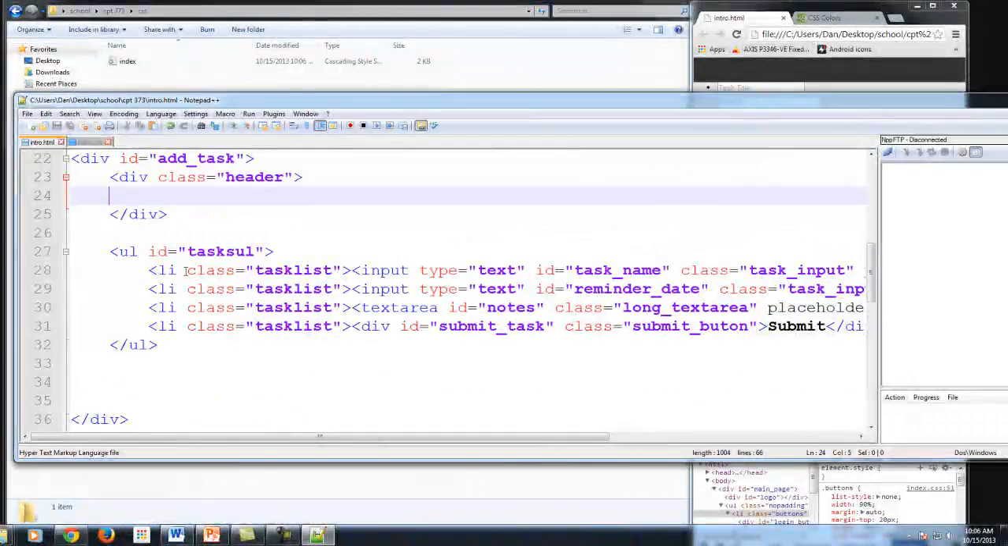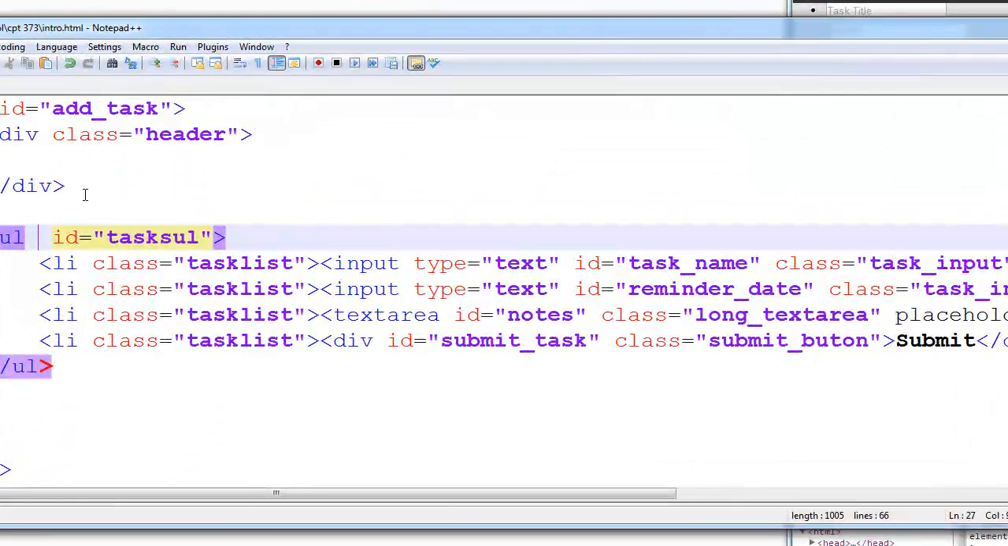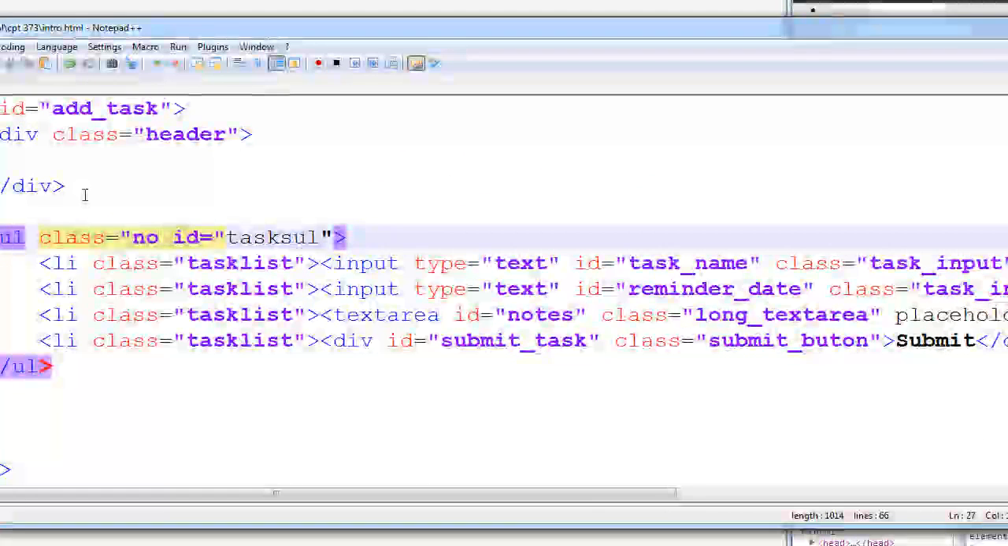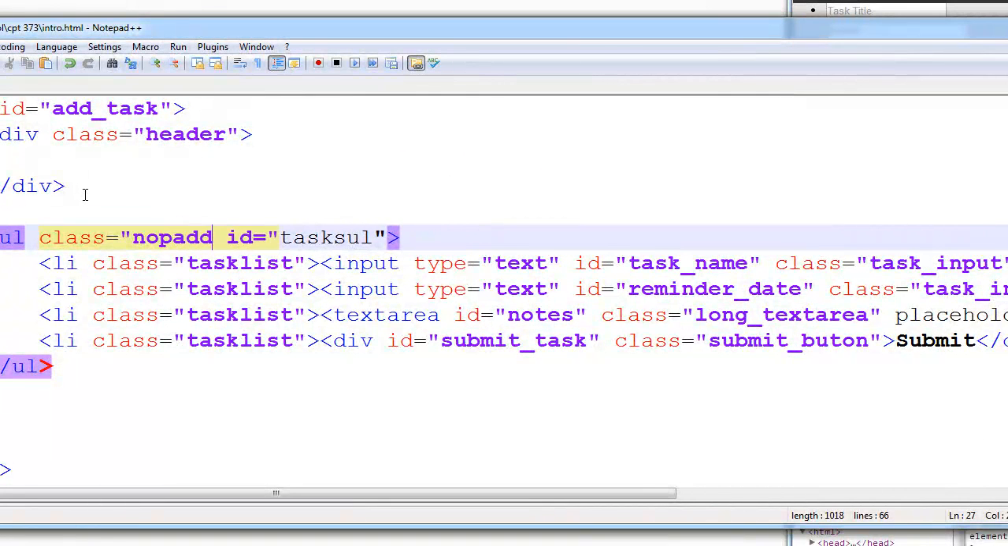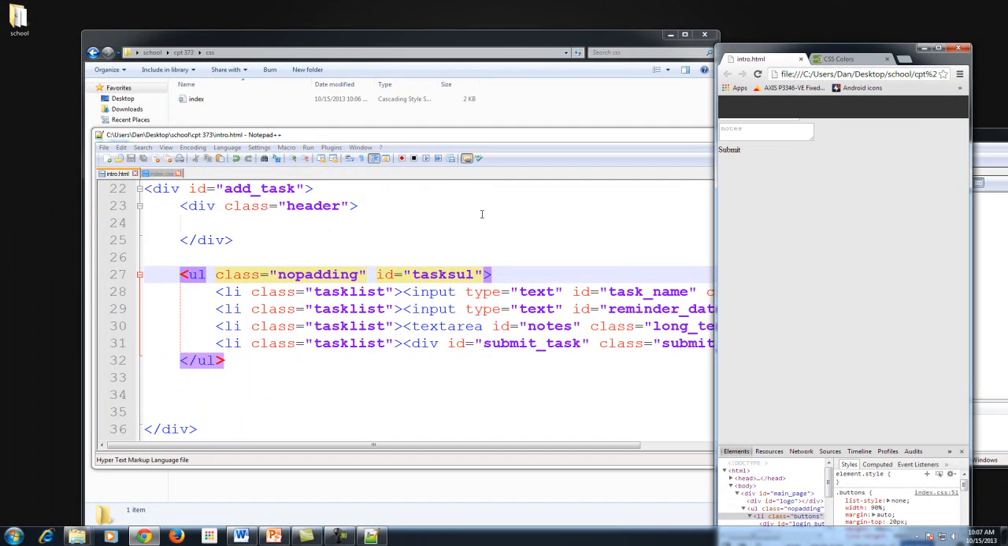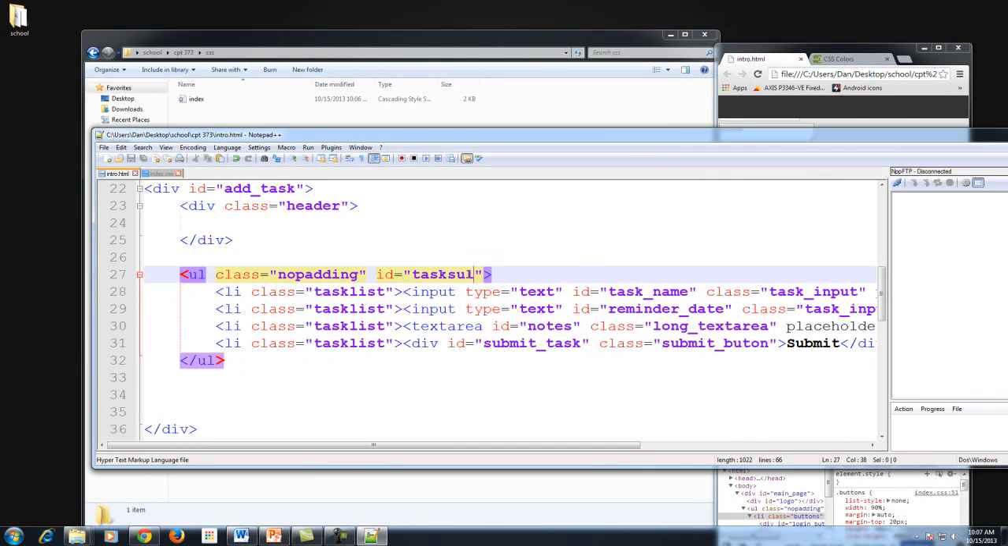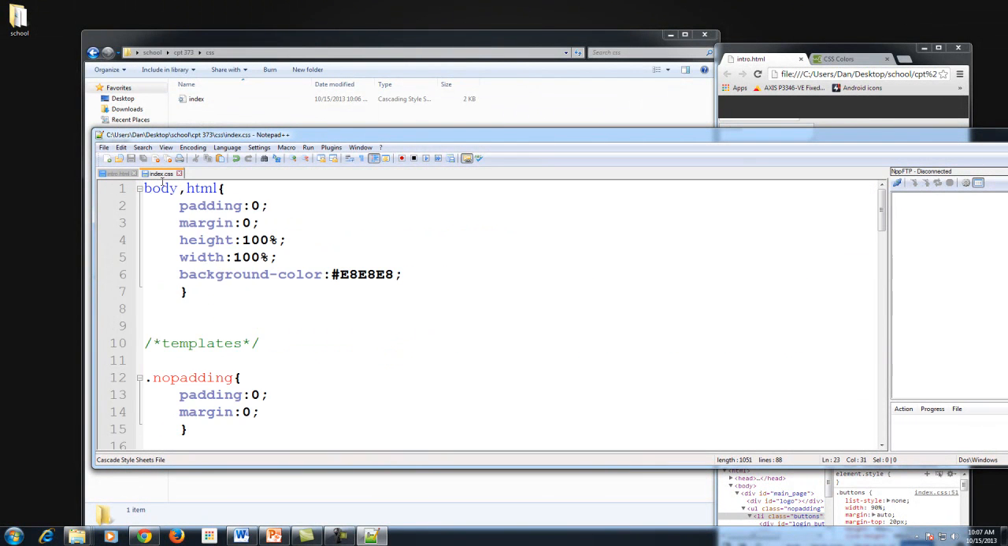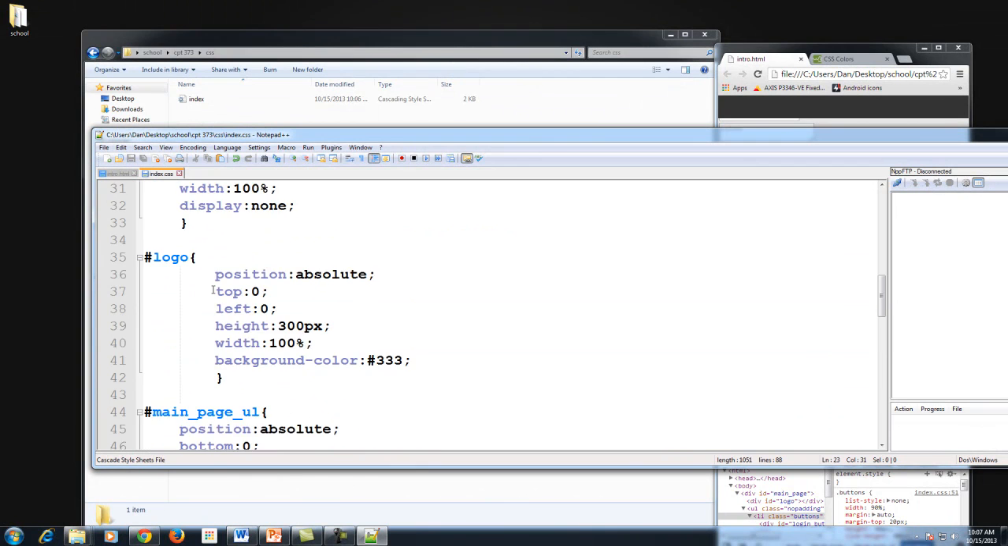Okay, so we have our UL, ID task UL. Let's give it a class of no padding. So automatically, this should get rid of the padding and margins from our previous styles of no padding. So now we have no padding. Okay, and since it has an ID of task UL already, which is good, we're going to copy it and go to